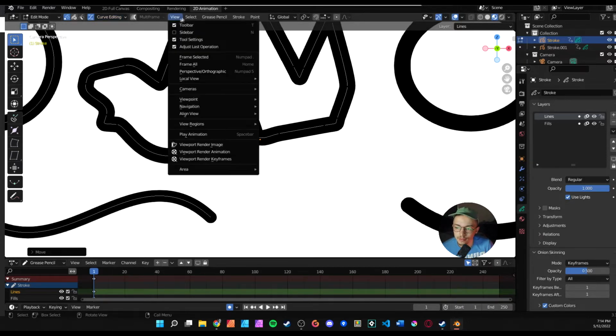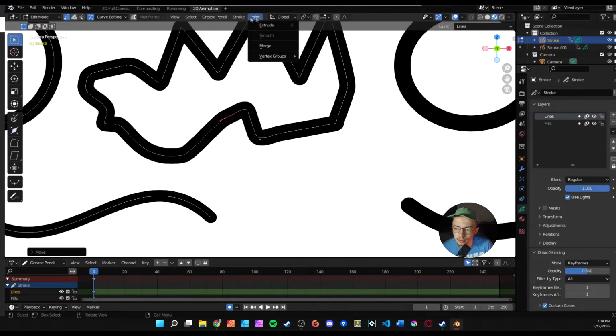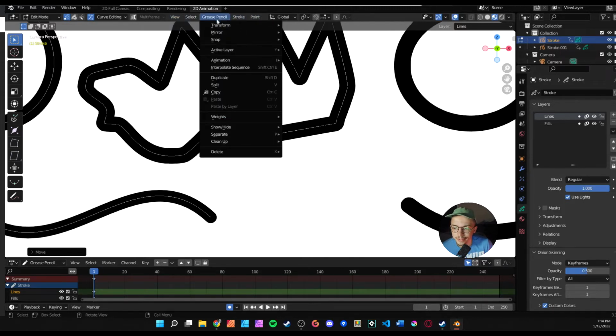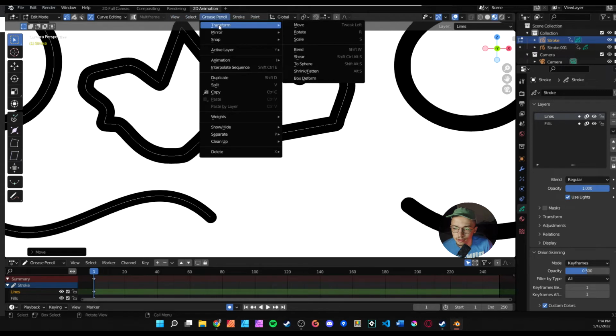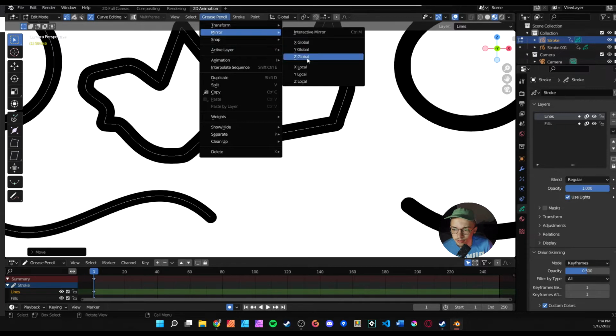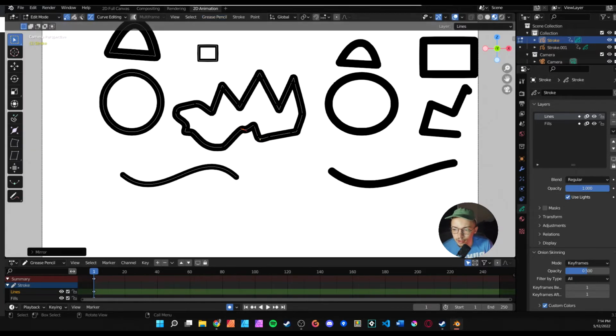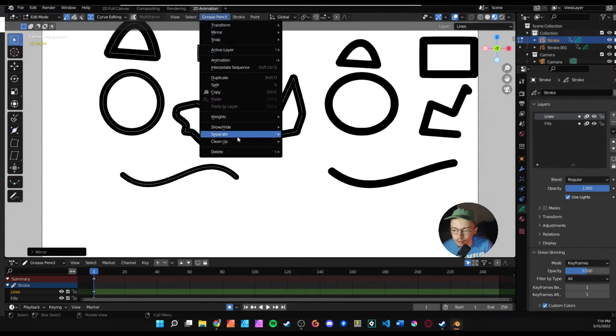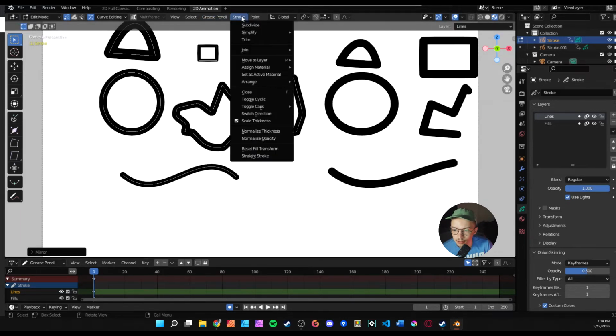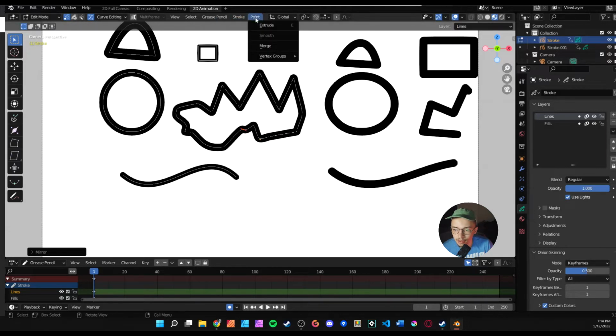Moving on, we will come over here. All of these things we are not really going to get into too much, but just know they are there, like the transform, and you can actually see SR. It tells you the little shortcuts on the side so that it is very useful, and the mirror tool, which is useful if you want to mirror this. However, we are not going to get into that because that is too much for you to worry about. So yeah,